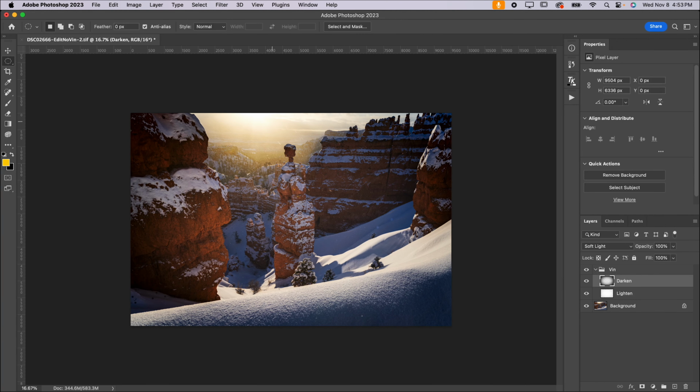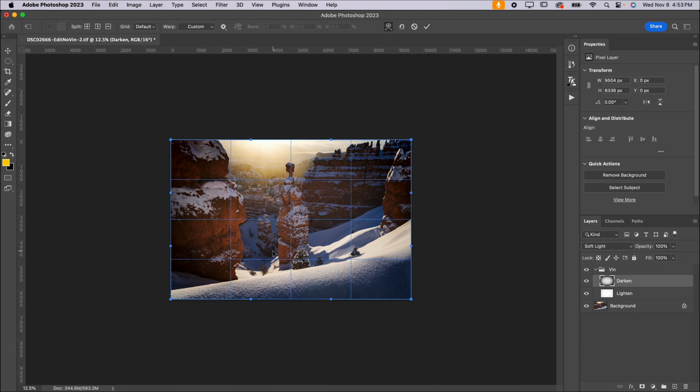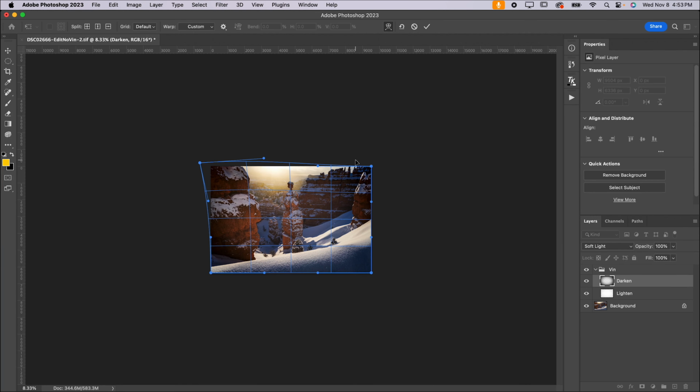Because I do not wanna darken the sunlight here, I'm going to think about that when I'm warping my vignette. Again, Command T to transform on this darken layer. Control click, select warp, zoom out, Command minus there, and drag this around. Now, I don't want to darken this area where the sun is, which because we're using soft light, it's already not really doing that. But I just wanna make sure that I drag the vignette away so that it's not